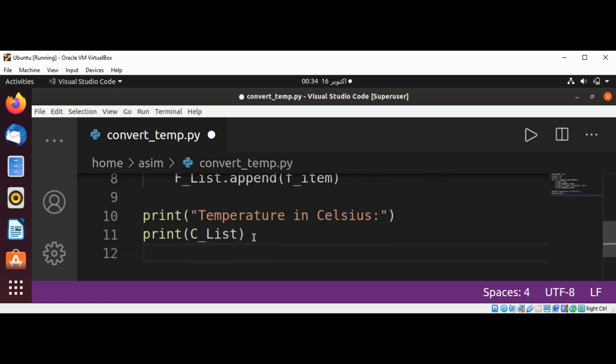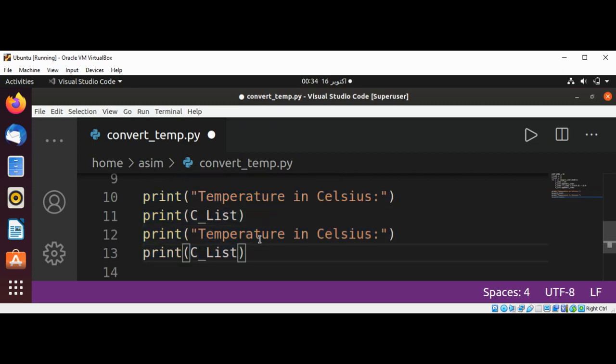And then I'm just gonna copy these two lines and modify it for Fahrenheit temperature. And now this will become Fahrenheit. And over here we are going to pass in our Fahrenheit list and just